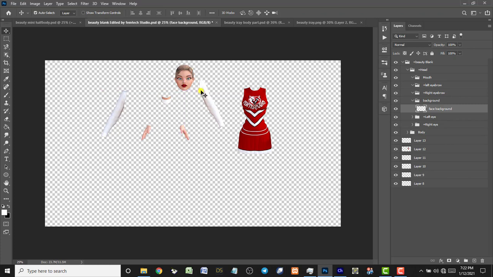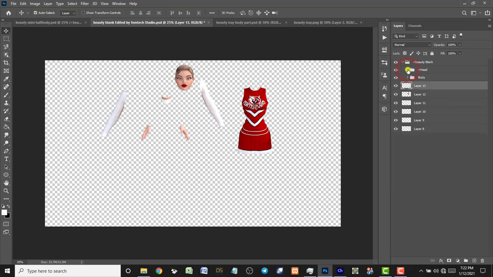Okay, now the next one we need to do is the neck. Just select on the neck, and that is layer 13. So the neck is grouped inside the body. For now we have nothing to do on this aspect, so just close this for now. That is the head, and open up the body